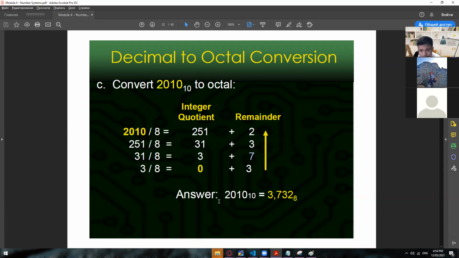Another question. Sir, how did 2010, 251, 31 become the numbers divided by 8? Originally, we started with 2010. And then from here, we divided this by 8 since it is asking us to convert this into octal. Octal has a base of 8. So 2010 divided by 8 will give us 251. And then